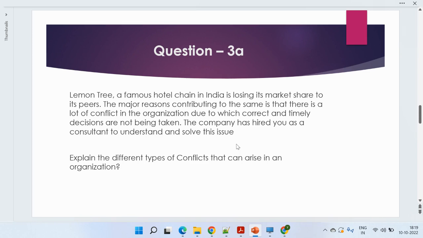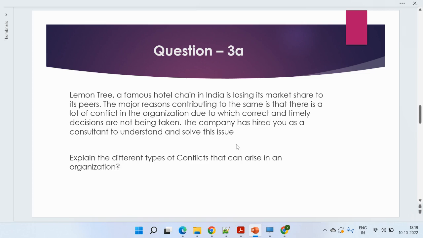Third is a common case study which is being asked, and the two questions are linked. In most cases, both are linked. So there is no need to write about the general stuff for the third question. You only need to write answer first, then answer second, and then answer 3A and answer 3B. Hope this is clear for you.